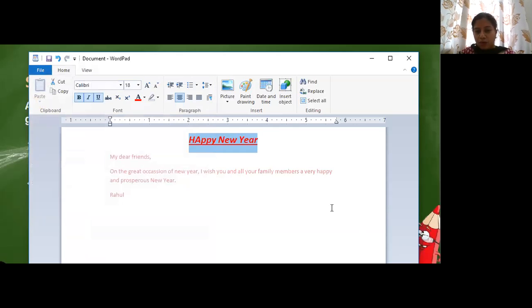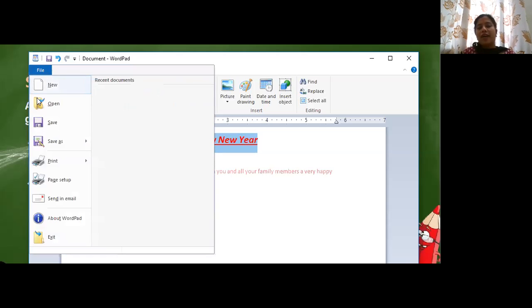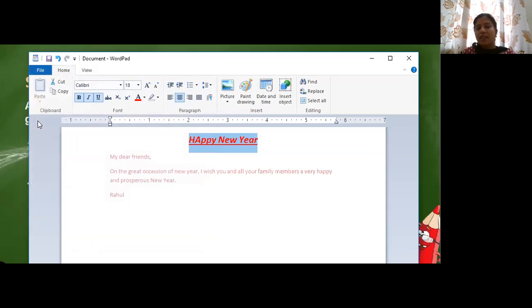Okay, one thing I want you to notice. Tell me, what is on the title bar, on the top bar, right? Title bar. What is the name of this file? It is Document WordPad. But this should be your file, right? It should be under your name. So now let's see what the name comes over here. So I'll just click on File, click on the Save button.